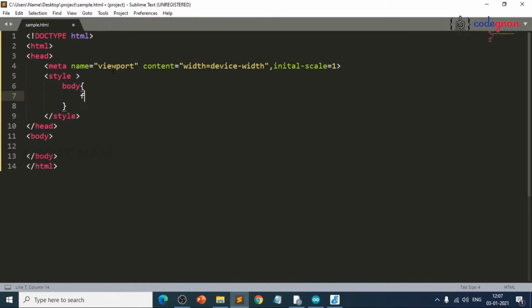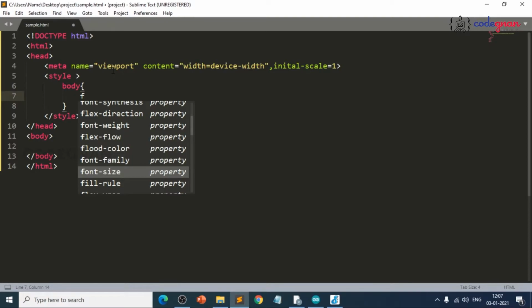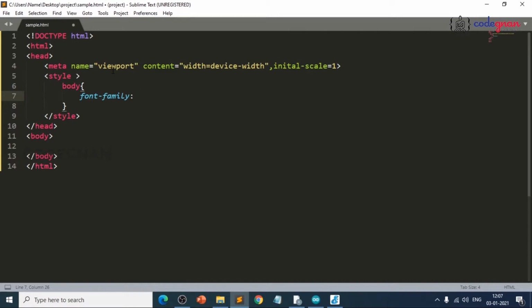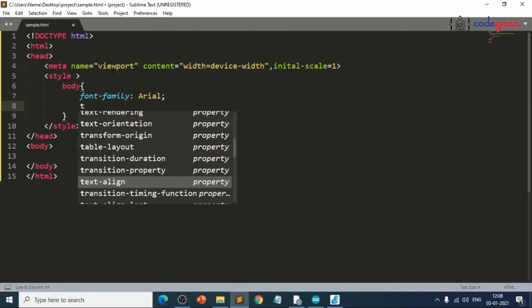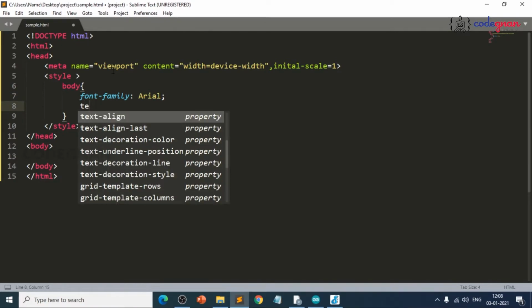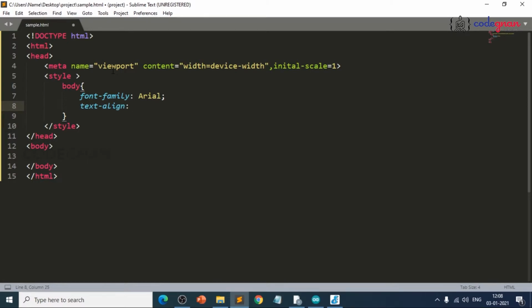Body of font family property is equal to Arial. We press Arial, colon, and see automatically text align equals to center, and then margin.